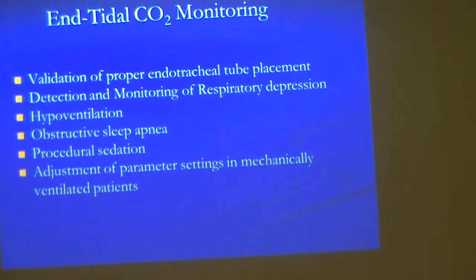We use it in the ER a lot now with patients that we're using procedural sedation on. That doesn't really apply in pre-hospital, but still, that is another use for it. And adjustment of parameter settings in mechanically ventilated patients. So for our ventilated patients that we're transporting on the vent, some adjustments can be based off of end-tidal